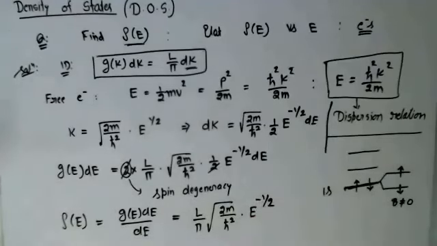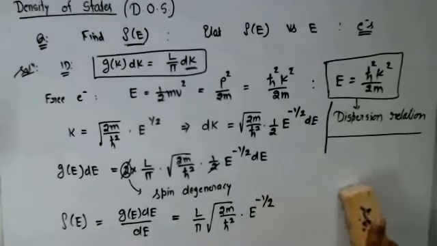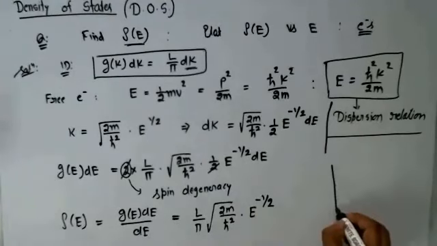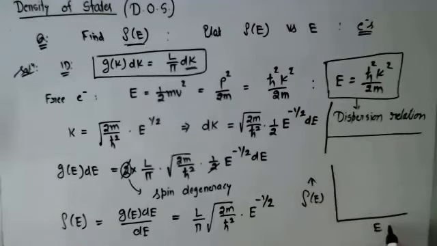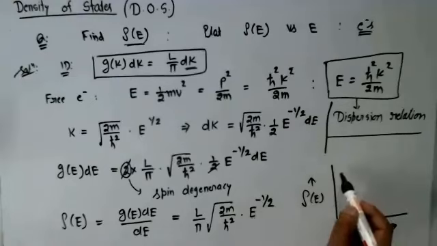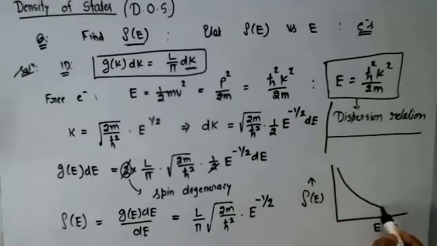So this represents the density of states of electrons in one dimension. And when you plot this density of states as a function of energy, this is going to be very like